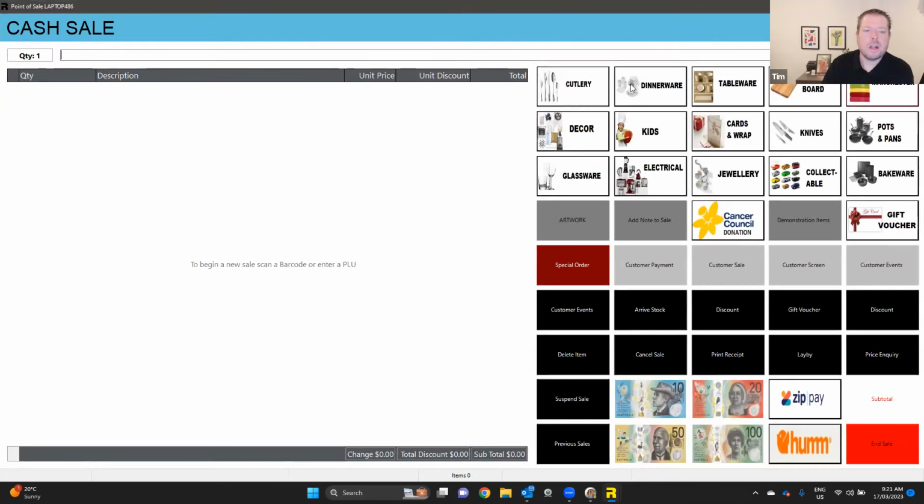Yep. So I've got my point of sale screen. On the left here, it'll show me the items as I add them to the transaction. And on the right, I've got all of my shortcuts. These can be buttons to absolute products. So I can click, for example,